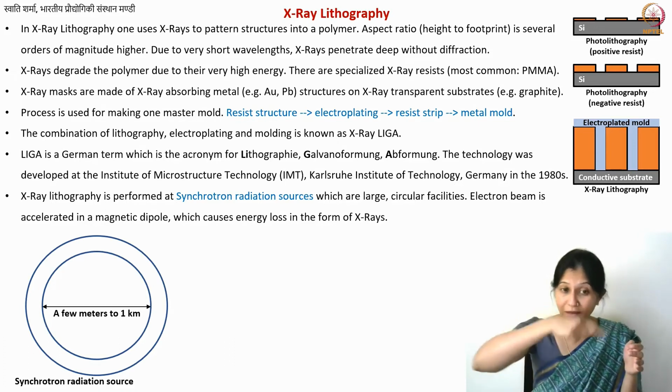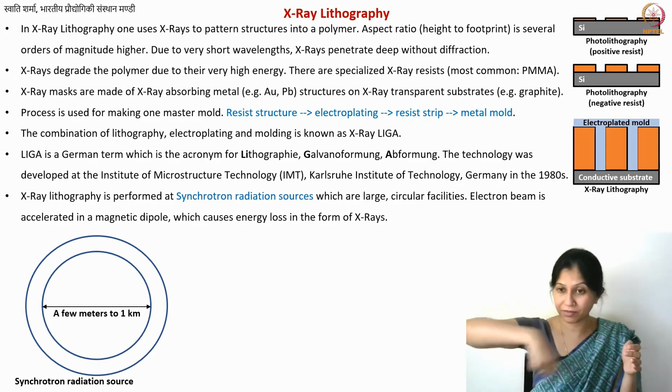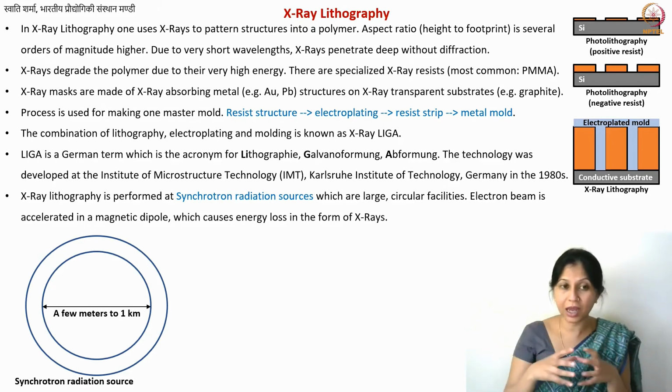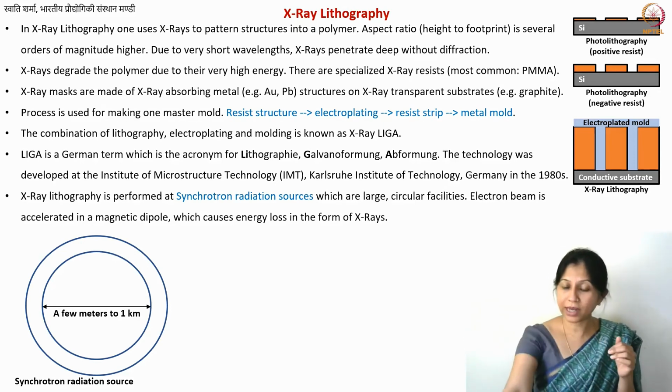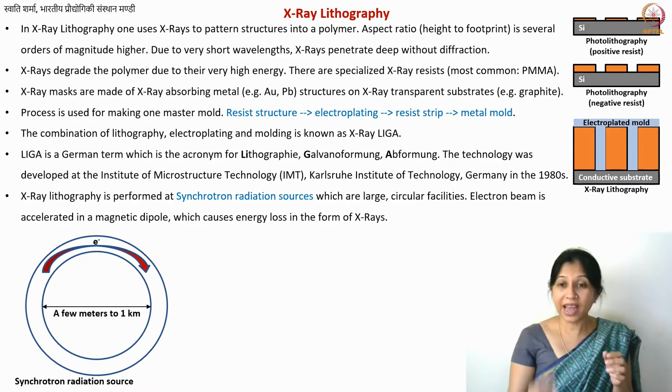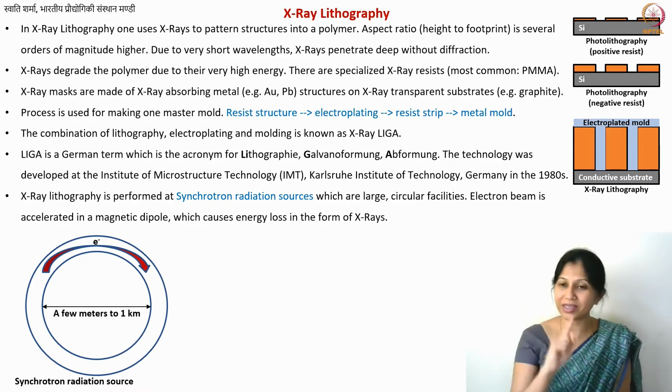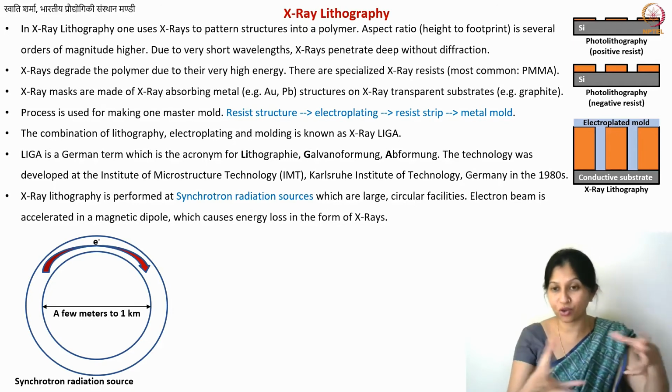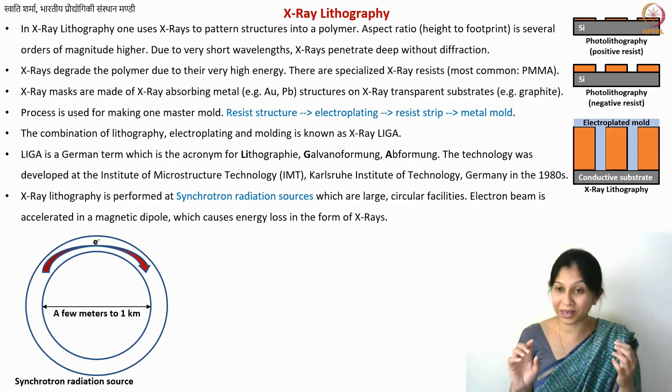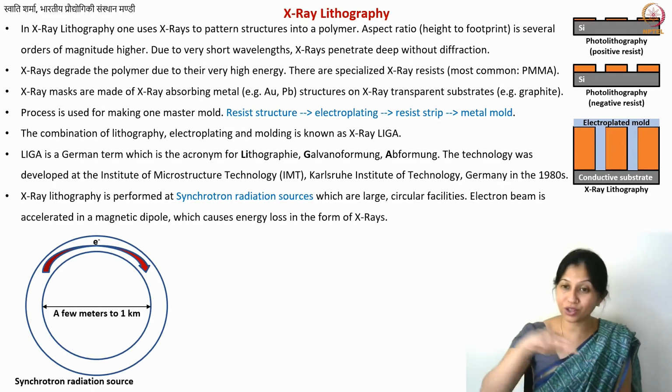Okay, and so you have basically a building constructed, which has this circular building where you have 1 kilometer diameter. And now what you do is you pass electrons through this entire building. So it's not a building, it's a tube basically that goes through that building. And this is a high vacuum tube. And in that tube now you will have electrons accelerating, circulating in that big, huge building.